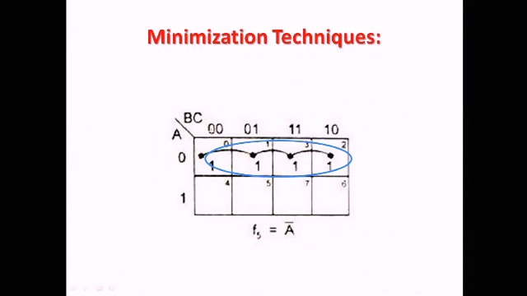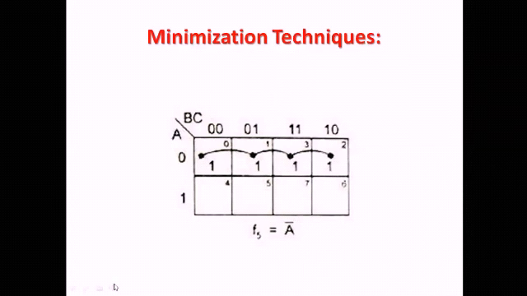Once the value of B is 0, it is again 0, but it is 1 here, again it is 1. Again the value of B is changing. Sometimes it is 0 and sometimes it is 1. So the value of F5, that is this function, will be A bar. Hope this is clear to all of you.